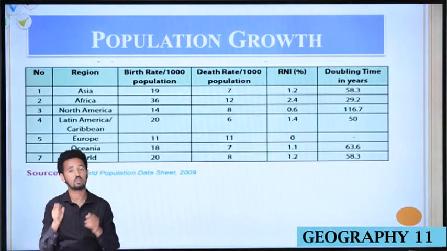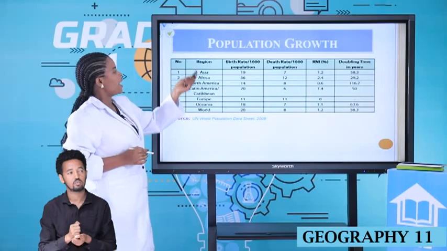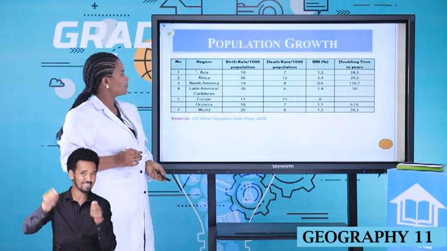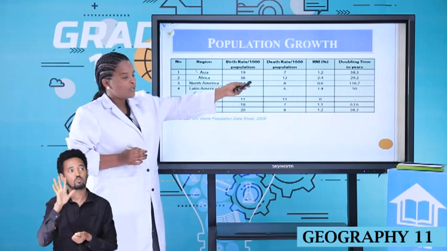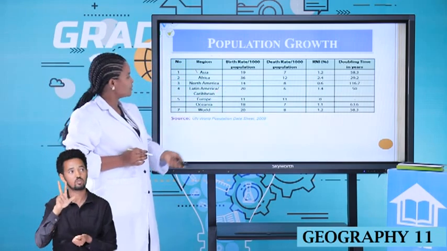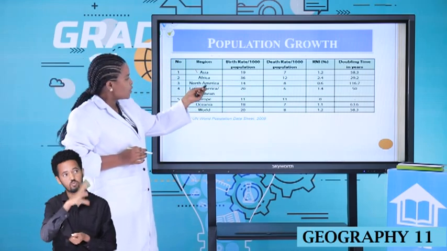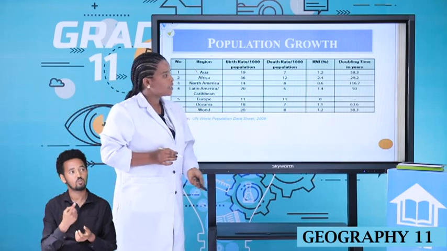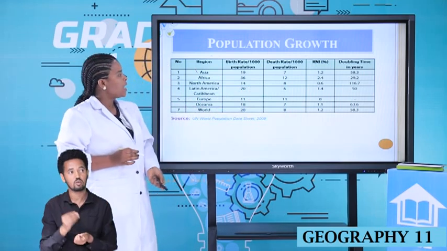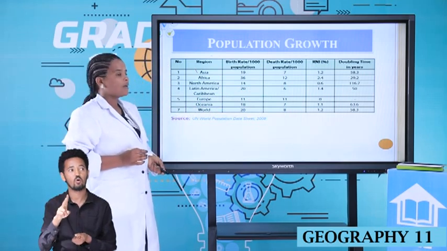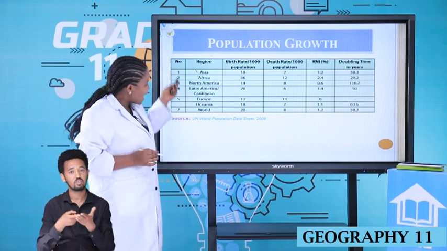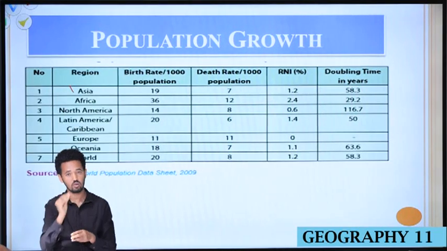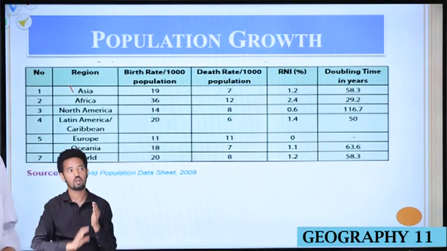Let us see this table. Asia needs 58 years to double itself. Africa only needs 21 years. And North America needs a long time to double itself, 160 years. From this data, we conclude that compared with other regions of the world, Africa has a high fertility rate. As we have seen, the doubling